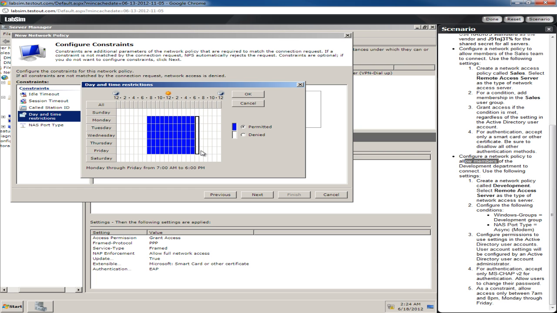So select these, also permit. And now to double check our work, because as a constraint we want to do 7 to 8 p.m. Monday through Friday. See over in the bottom right corner. So what we can do is we can just highlight the entire block, the entire array, and it will tell us Monday through Friday from 7 a.m. to 8 p.m. and that's exactly what we're looking for. And so we can hit OK,